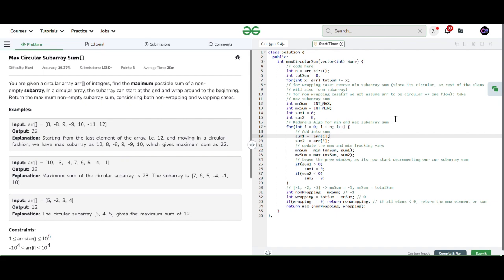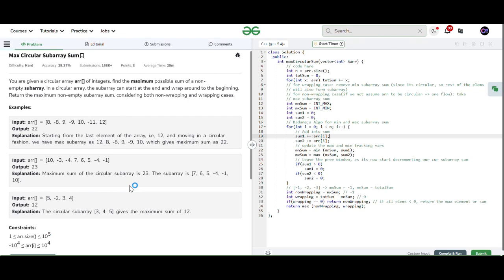Just do not copy the code which I have written in my code editor. Just try to take the hint, build intuition and try to code by yourself. Then it would be helpful for you, right?